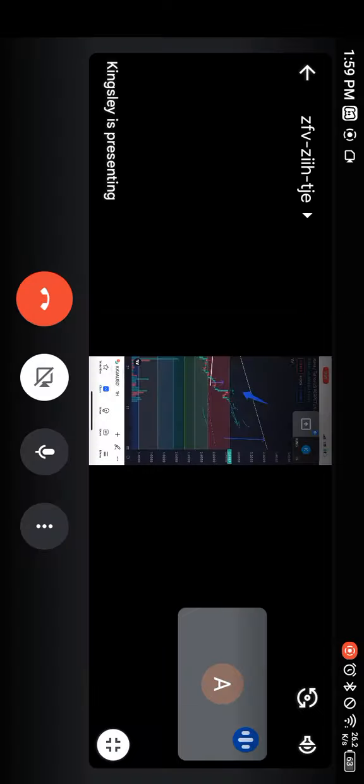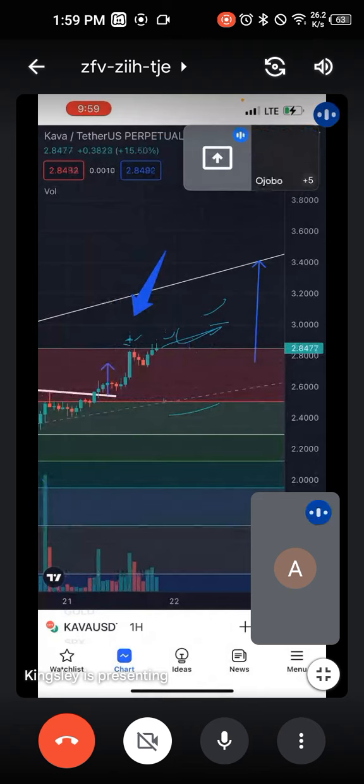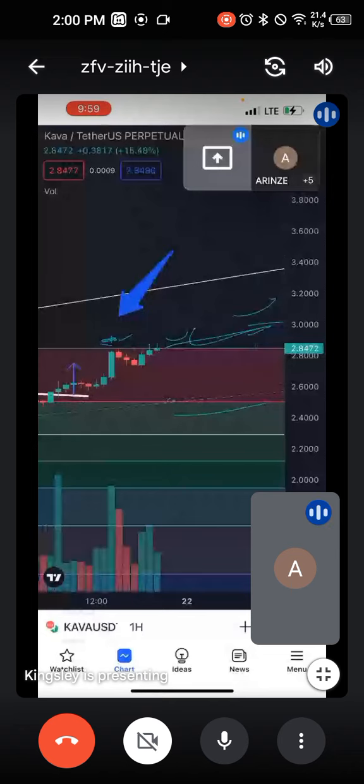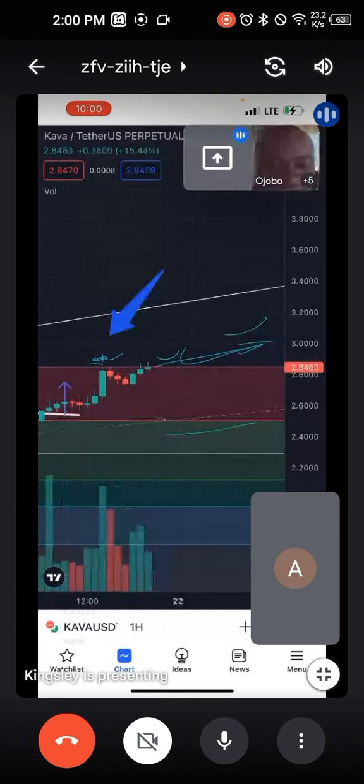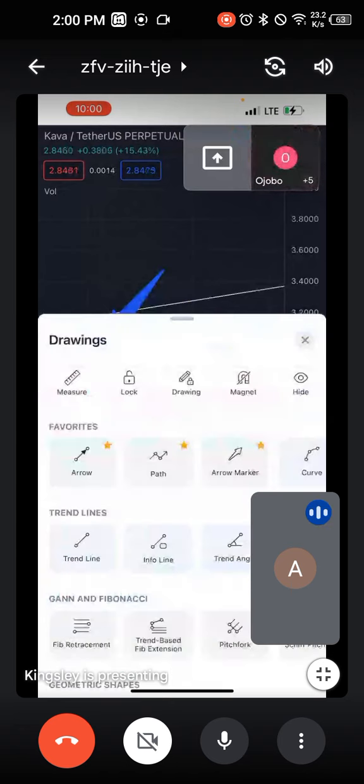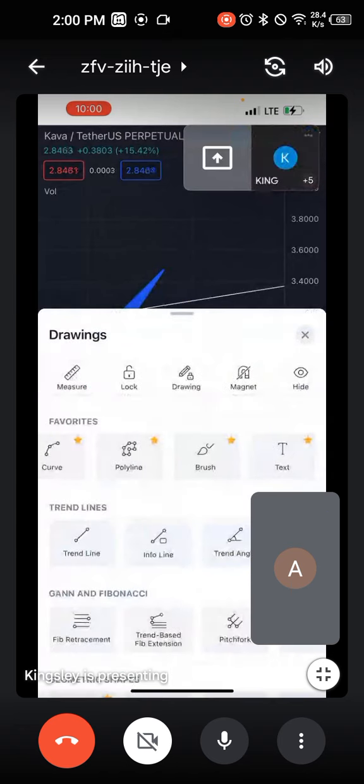Are you seeing what this thing is doing? So we are still finding resistance around here. If you zoom out this candle, you see that we are still somehow below it. We are not permitted to close the candle above it. If we close the candle above it, that means we have broken that resistance and then we are likely going to pump. So that is it.